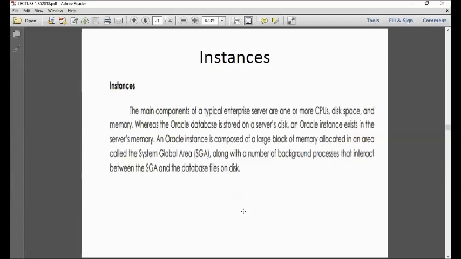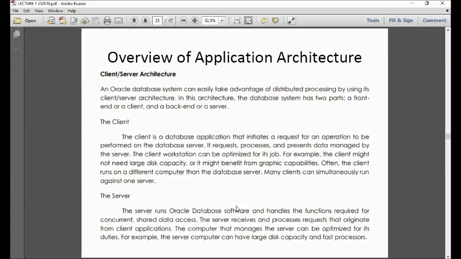So, if you have time, if you can read, since we only have 1 hour for this, instances exist logically in the server's memory. It is called the system global area. Okay, and let me see.